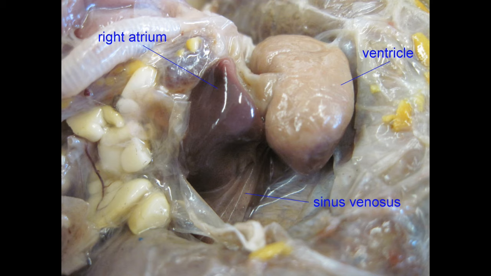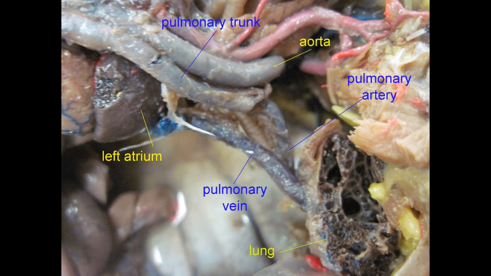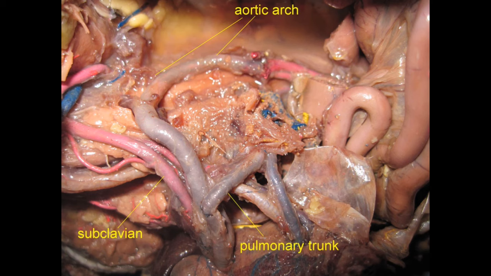If the oxygenated blood were to travel to the leg and back in a turtle, it could begin in the sinus venosus, the thin-walled chamber that receives the oxygenated blood from the body, which sends blood to the right atrium, to the single ventricle, which because of a partial septum can partially separate the deoxygenated from the oxygenated blood, as it is sent into the pulmonary trunk or common pulmonary artery, to the left and right pulmonary arteries, to the